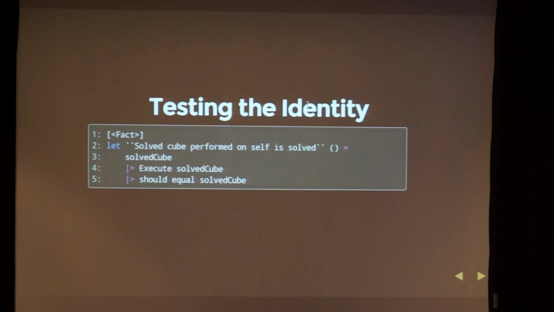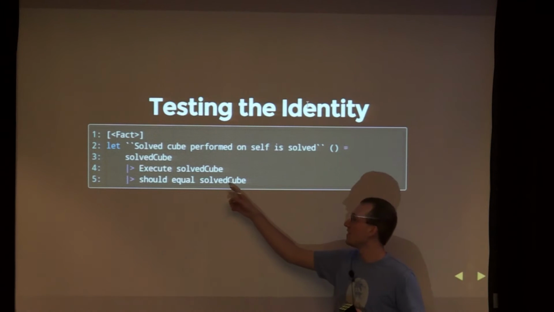So the next test we want to write is very simple. We just want to make sure that my identity function is correct: if I take a solved cube and then apply the transformation that is the solved cube, it basically returns the same thing, like 0 plus 0 returns 0. So this is pretty simple. We just take a solved cube, apply the solved cube position onto it,